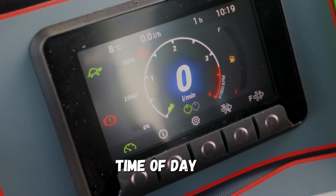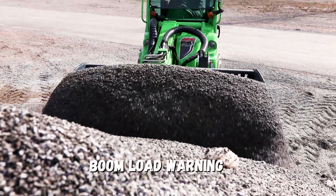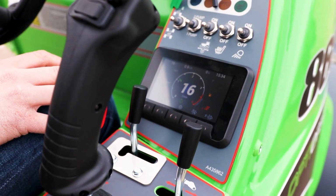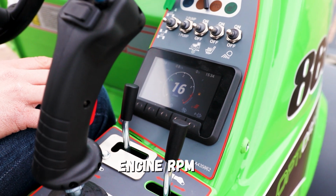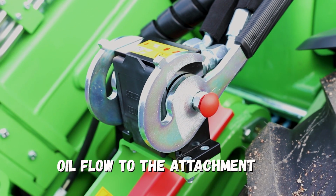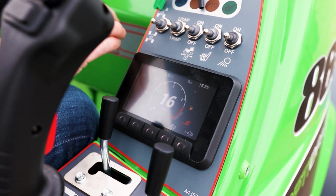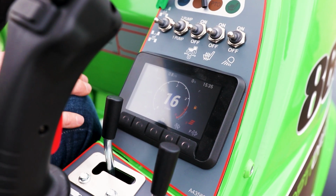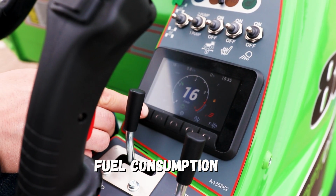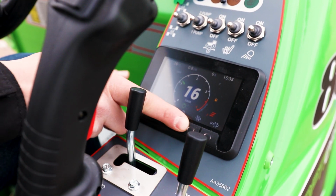Then on the left here you have a diagram which is showing how much you're lifting with the boom, and it will also warn you if you're trying to lift too much. Then over here the round dial is the engine RPM, and in the middle here you have the liters per minute for the auxiliary, which is affected if you have 1 or 2 pumps selected to the auxiliary hydraulics. On the far right you have the diesel gauge,